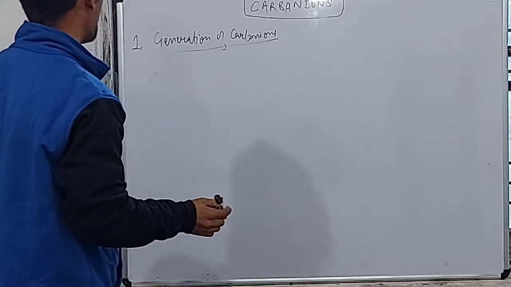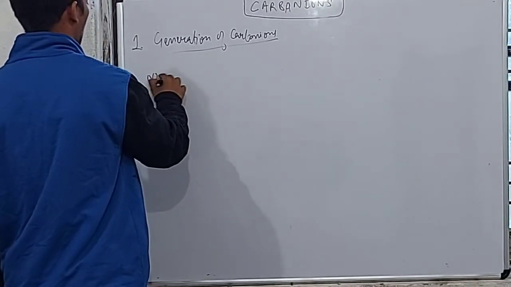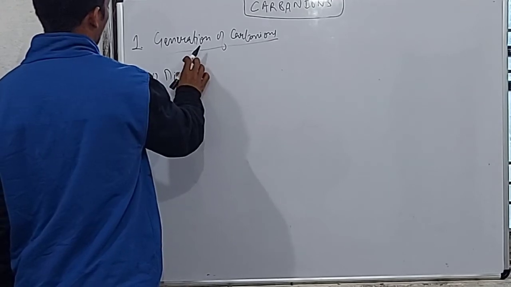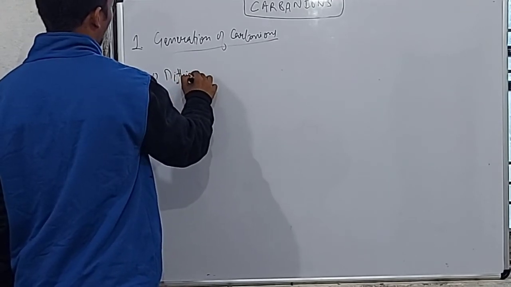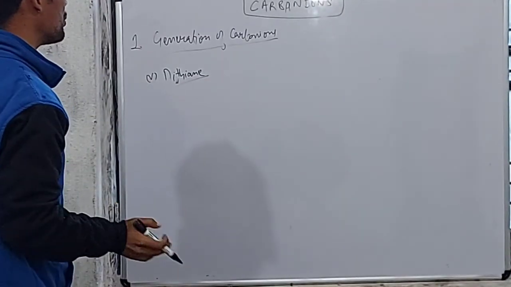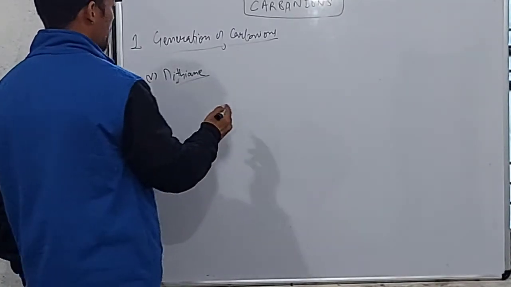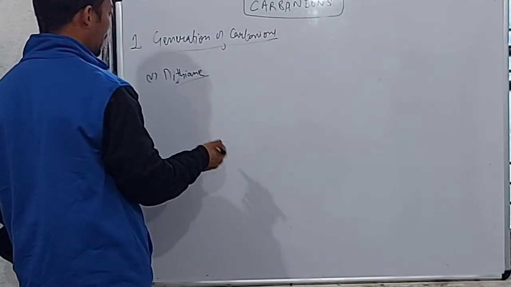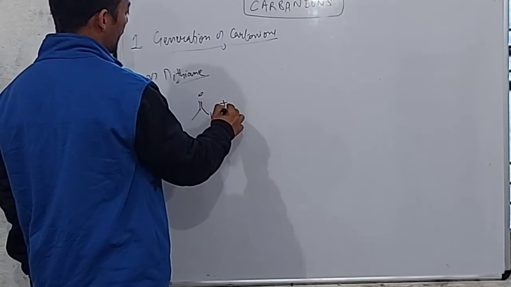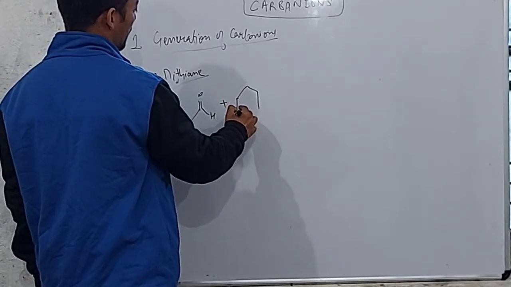Another method to obtain a carbanion is using dithiane. How can we use dithiane to obtain a carbanion? Let's see. We will react a carbonyl group with a dithiane